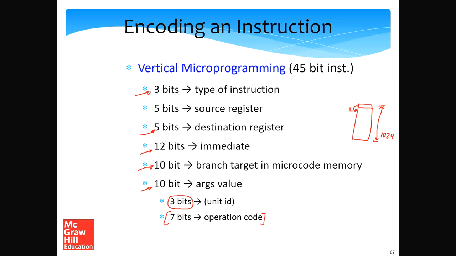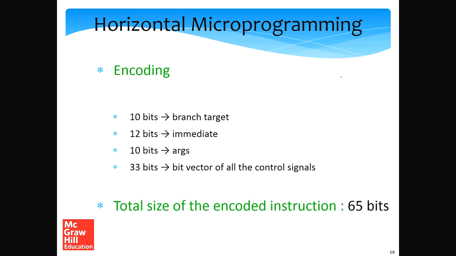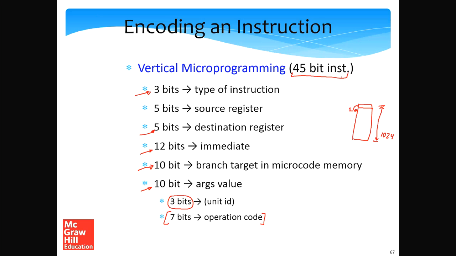So the total number of bits are 10 plus 10, 20, plus 12 is 32, 37, 42, and 45. So this is a 45-bit instruction that we can create, a 45-bit encoding that we can create for every micro instruction. What is essentially required to process this is actually a processor